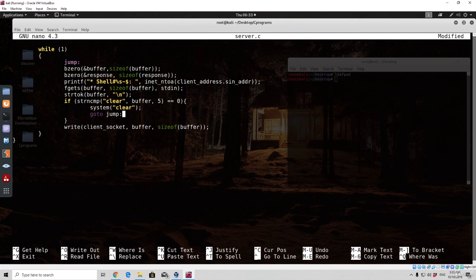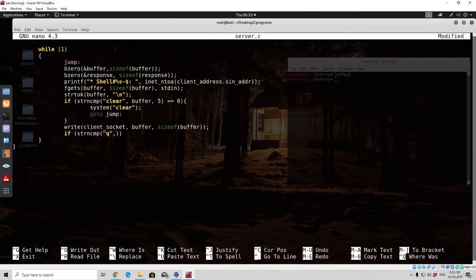Right now we set up the actual if statement, which checks for the clear command. If the command wasn't clear, we want to send the command to the target. And after we send the command to the target, we need to check for some other specific commands. So, if string compare, and let's say that the target executes Q, the user inputs Q as a command, that will be an indication for